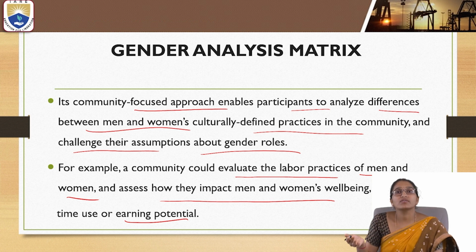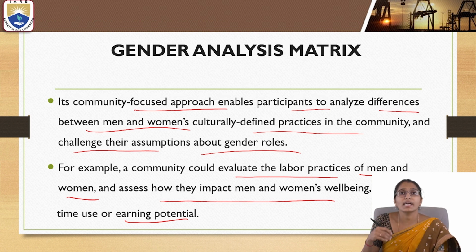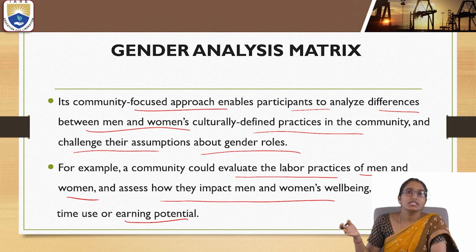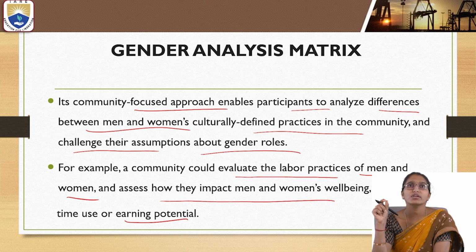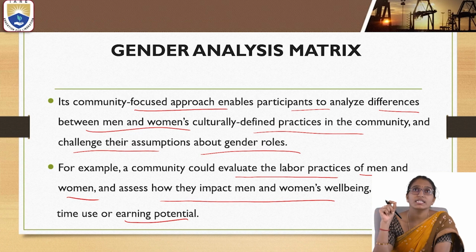If they have gone for the work, then what is the time that is given for men as well as for women? If women are there, they are allowed to work for 7 hours or 6 hours, whereas men generally work for higher time. So that kind of differentiation, as well as earning potential. That means what is the pay scale given to both genders? Is it the same, less or high? How is it different? So this kind of complete analysis with respect to a particular point is given by the gender